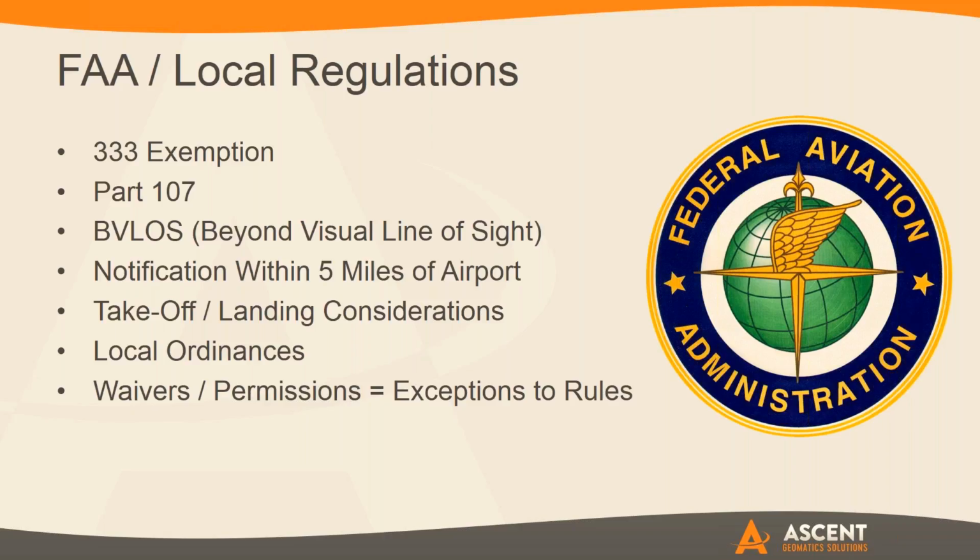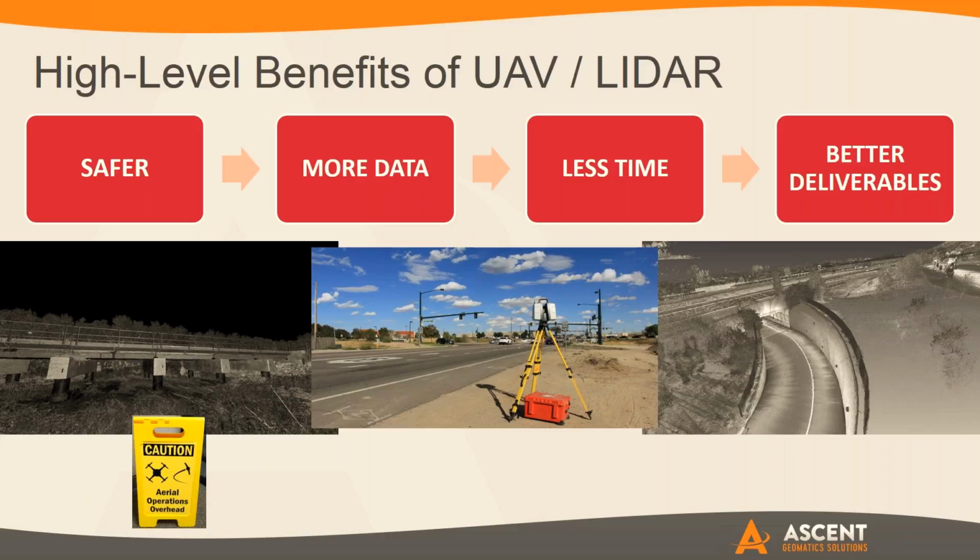Generally speaking, as it relates to transportation projects, we're able to stay out of the roads, which is really key. In talking with some of the state agencies like Colorado Department of Transportation, this is something that they like quite a bit because obviously safety is first and foremost for them, and it is for most companies. As you can see in the middle image, that's one of our terrestrial LiDAR units capturing millions and millions of data points safely by the edge of the road. Obviously we'd have a truck with lights and some cones set up, but that just gives you an idea. And if we're flying over it, it makes for a much safer area.